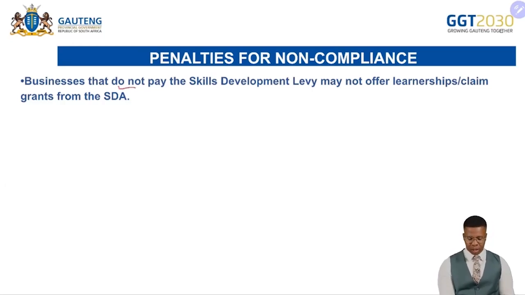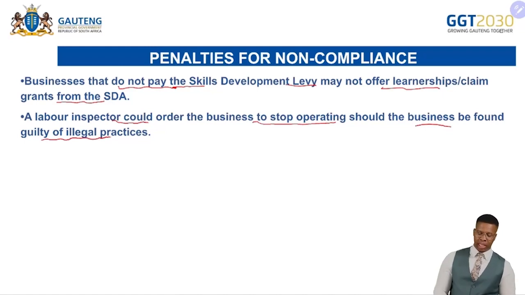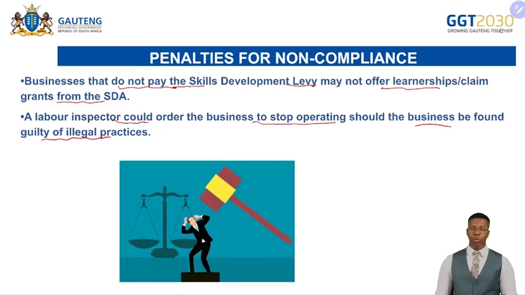So businesses that do not pay the skills development levy, which is the 1% of the payroll, may not offer learnerships or claim grants from the Skills Development Act. Another one is that a labor inspector could order the business to stop operating should the business be found guilty of illegal practices. So those would be penalties for non-compliance, which would also tarnish the image